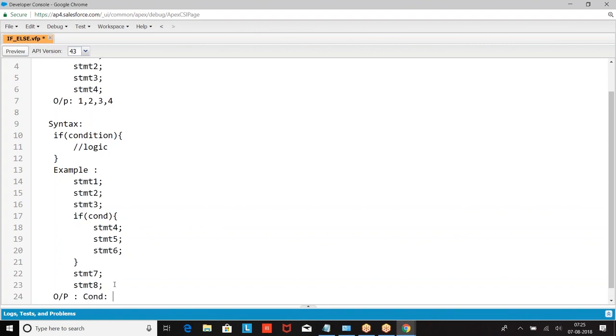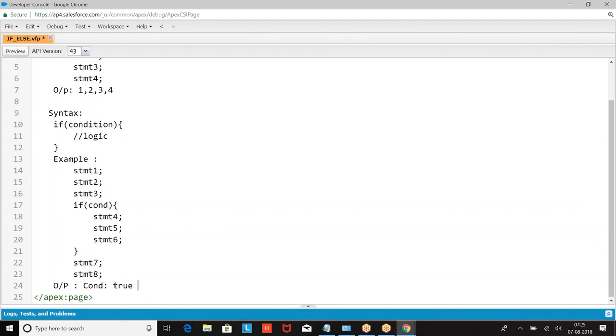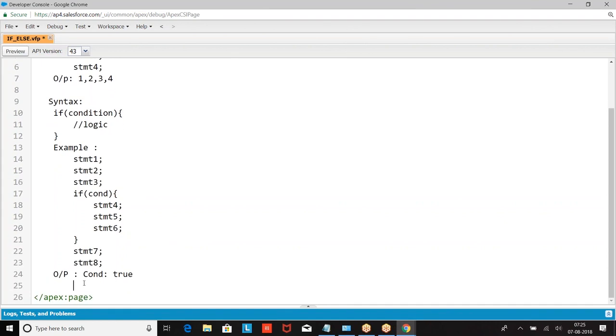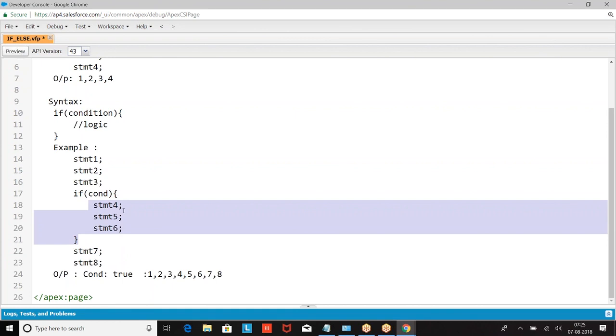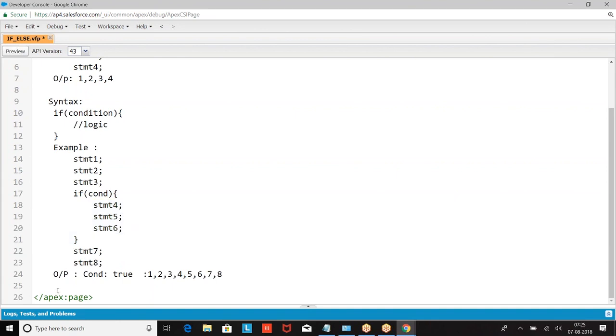If the condition is true, whatever condition I gave, we are going to get the output as 1, 2, 3. After 3, check the condition. If the condition is true, run 4, 5, 6, 7, 8. The scope of if will run only when the condition is true.